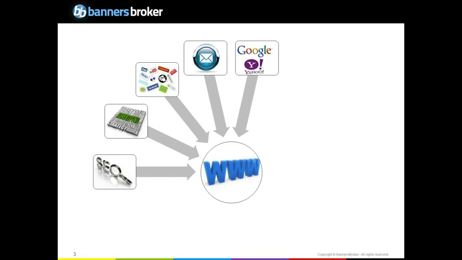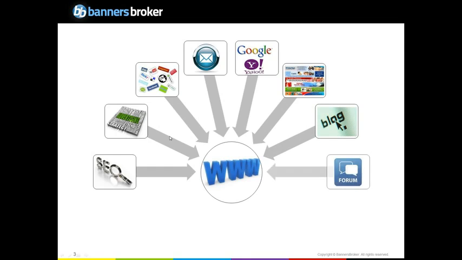Again, there's search engines, that works with the SEO optimization, wanting to get your website ranked so that if I do a Google search on whatever your product is, I'm on the first page at least of what shows up. There's banner ads. Banner ads are very effective. I mean, obviously, Facebook, Google, MySpace, they all use banner ads to earn their revenue, so we know it's effective. There's blogs, forums. All of these work. That's the amazing part. All of them work. They're all effective. The challenge is you need to know how to use them, how to implement them.